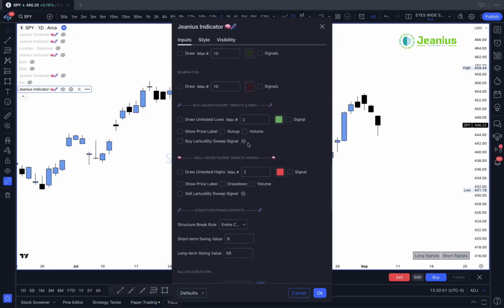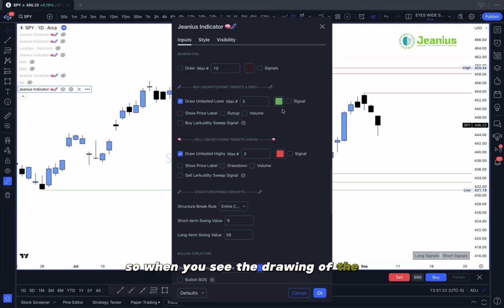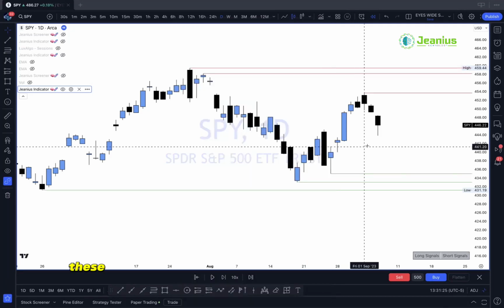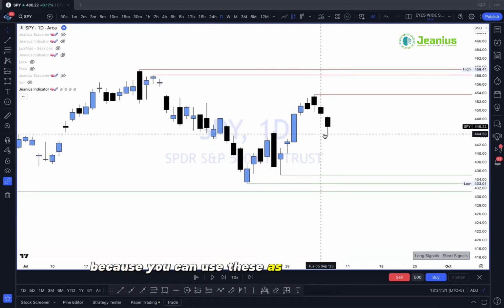Fair value gaps. All right, so this is probably the most important signal that I like to use. It's very important. I don't really like to signal untested highs and lows, but the way that Justin Larkin created the indicator, he wanted the untested highs and lows to be areas of emphasis when it comes to figuring out what my targets would be if I was targeting anything. And so when you see the drawing of the untested highs and lows, these could almost work as support and resistance levels, if you will,